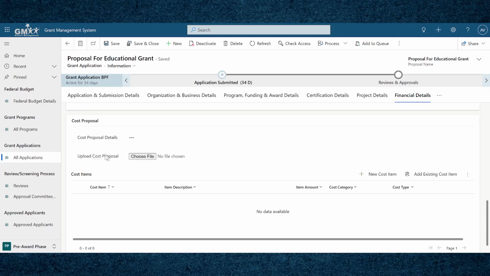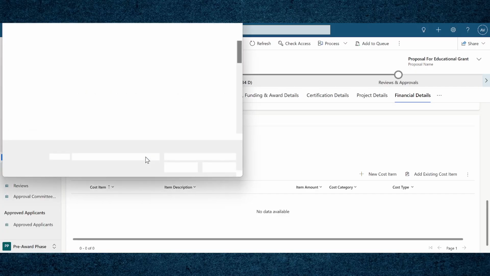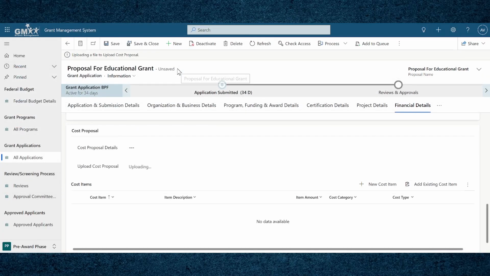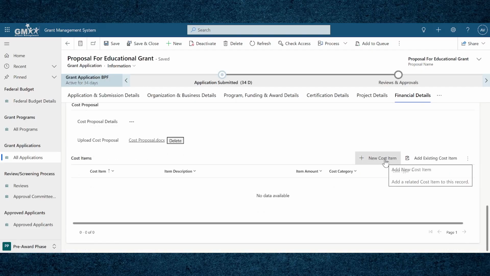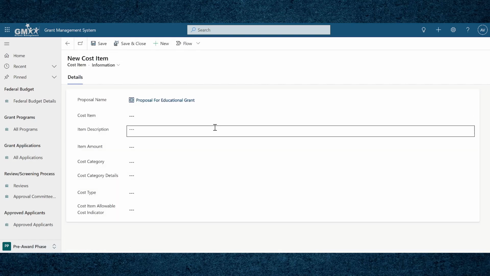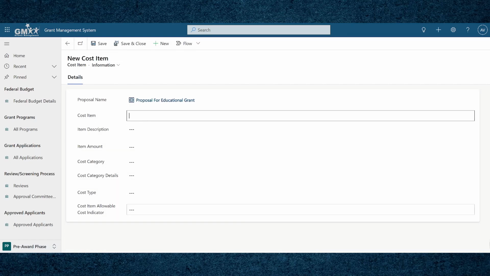Like for example, suppose I enter, say, machinery, item amount, say $30,000. Under cost category, I can choose an option that is equipment. Then cost type is a choice field with just two options, that is direct cost or indirect cost. In this case, I'm going to click on direct. So when I click on direct, an additional field appears, that is direct cost item type code. Similarly, if I click on indirect, a similar textual field appears for my indirect cost type too. So I'll just change this back to direct because machinery is a direct expense.